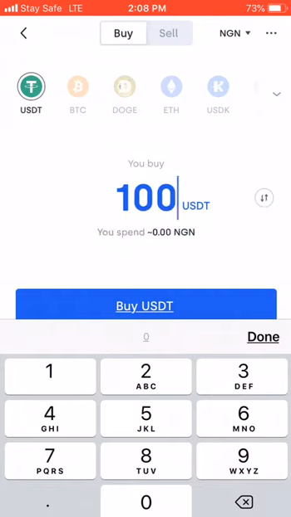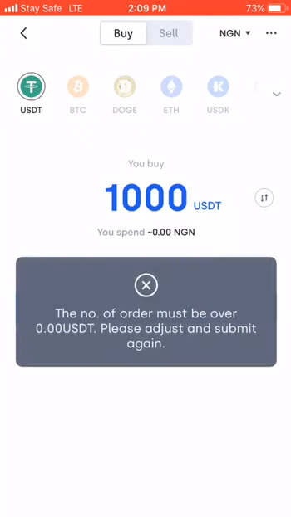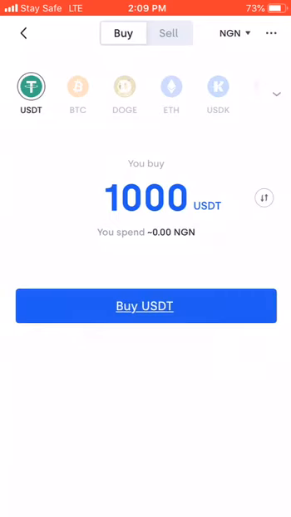Let's say you want to buy 1,000 USDT. Then the amount will appear, the amount that you will pay will appear below this level. Then you click buy. It will now navigate maybe to the place where you will put your card details or where you make transfer. So it's pretty easy to use.